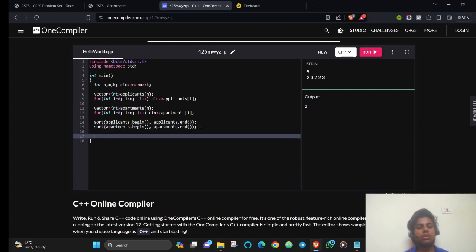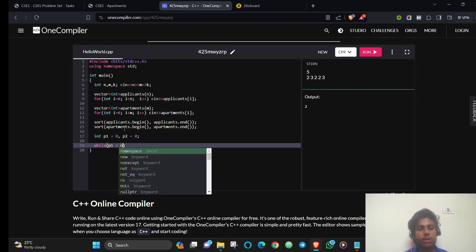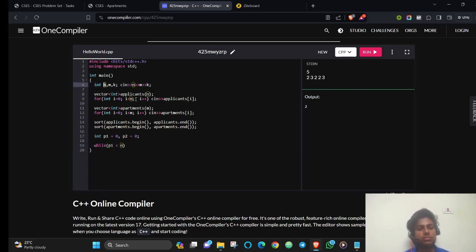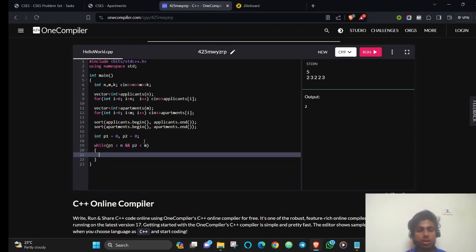After sorting, you take a pointer P1, which will be pointing to your applicants array, and a pointer P2, which will be pointing to the apartments. Now while P1 is less than n, because it is pointing to the applicants, and P2 is less than m, the size of the apartments, it should not exceed these sizes. Now, if our apartments of P2,